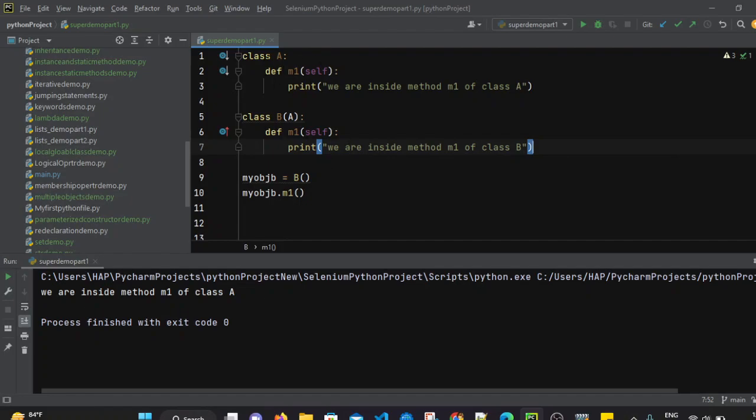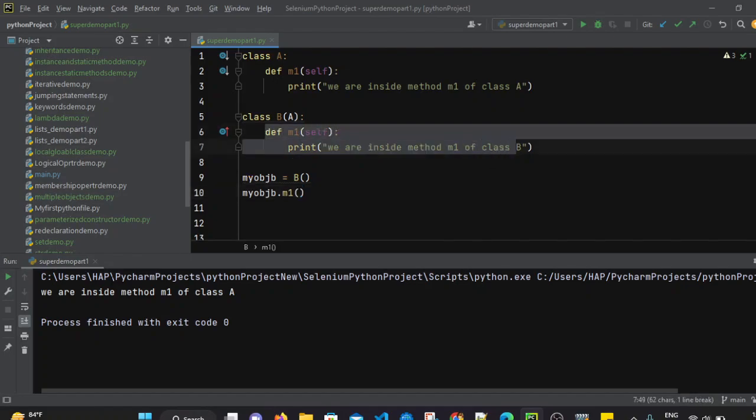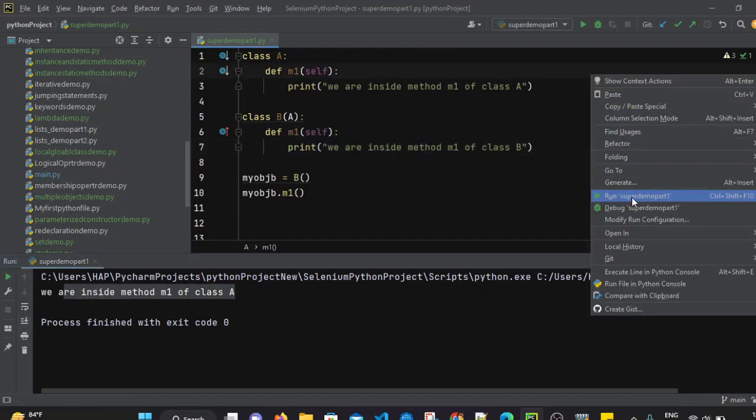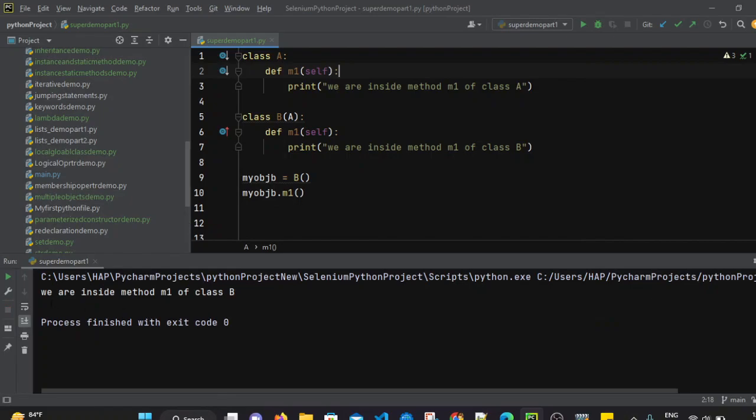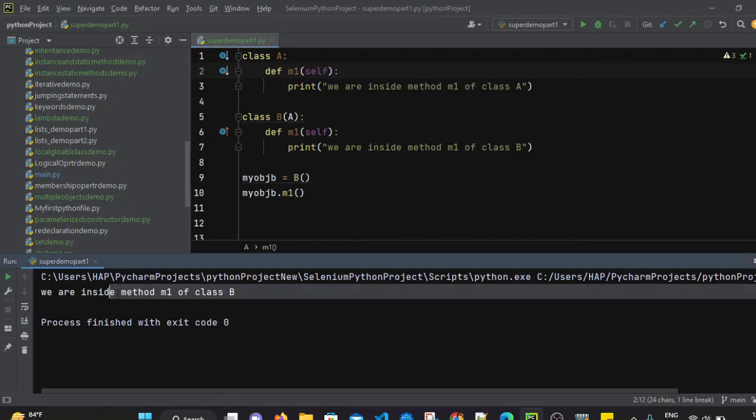So if you see, whenever we call objb.m1, it invoked the child class method, and it printed the statement, we are inside method m1 of class B. Let's execute this file. It is invoking the child class method.